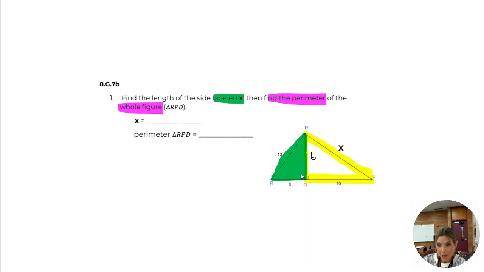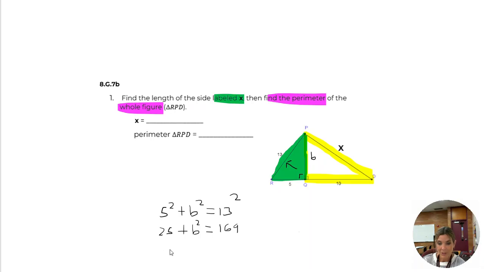Okay, so this is my right angle. This is the hypotenuse. So in order to find B, I'm going to plug 5 in for A. I'm going to leave a B, and I'm going to plug 13 in for the C in the Pythagorean theorem. Now I'm going to solve for the B. So this is 25. This right here is 169. So B squared